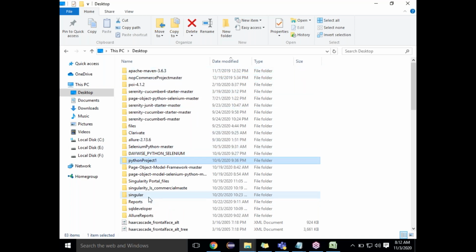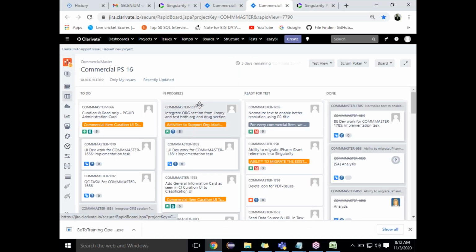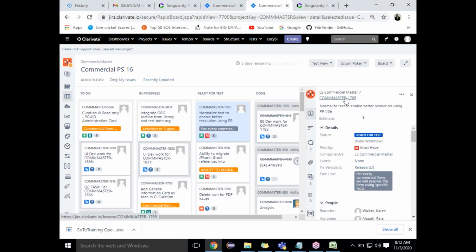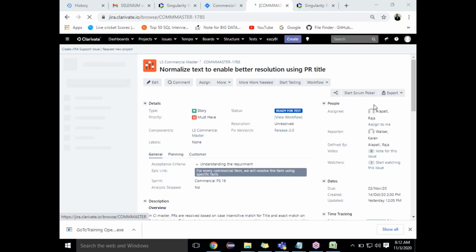If I want to do it in Jira, the way to do it is you go here and pick up the story, whichever story you want. You go through that story and try to understand the requirement. The requirement will come to you in Confluence, or version 1.